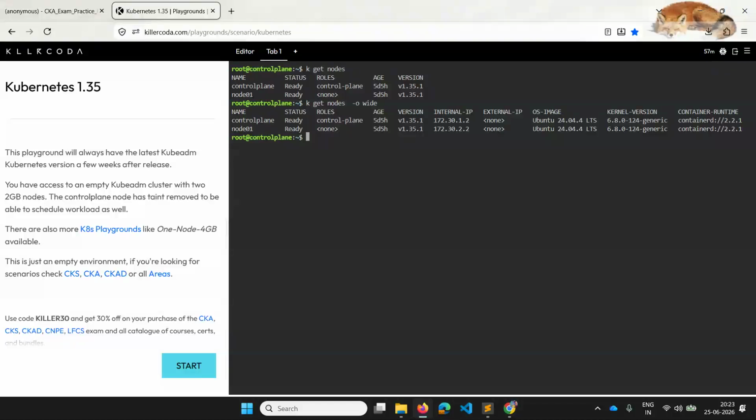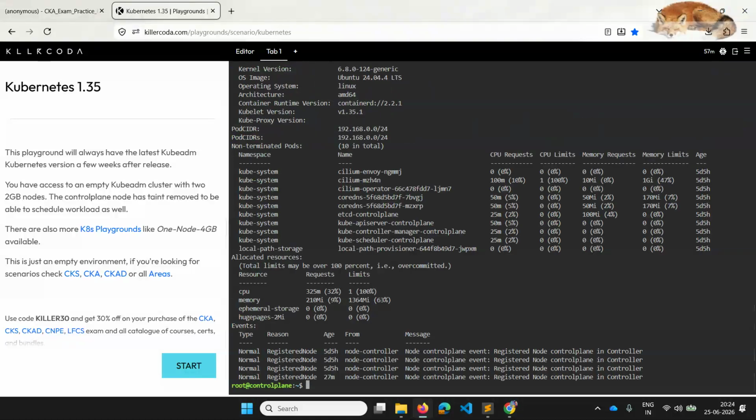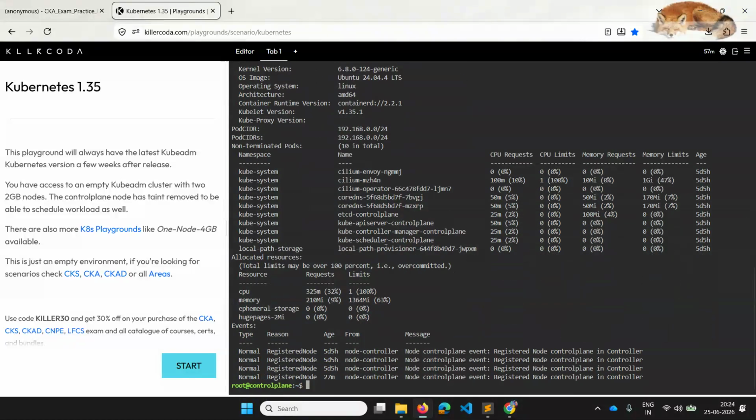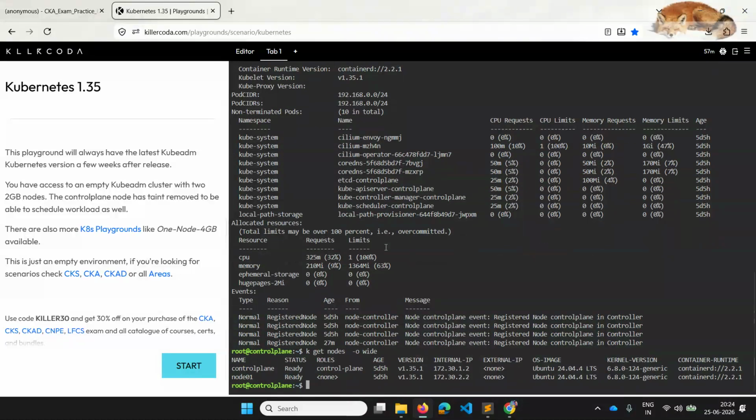Also, if you want to check the particular CIDR assigned to that node, you can do k describe nodes, and whichever node you want to see, let's say the control plane. Inside that there will be the pod CIDR ranges, so you can verify whether the pod CIDR ranges are there properly or not. And describe nodes, node 0.